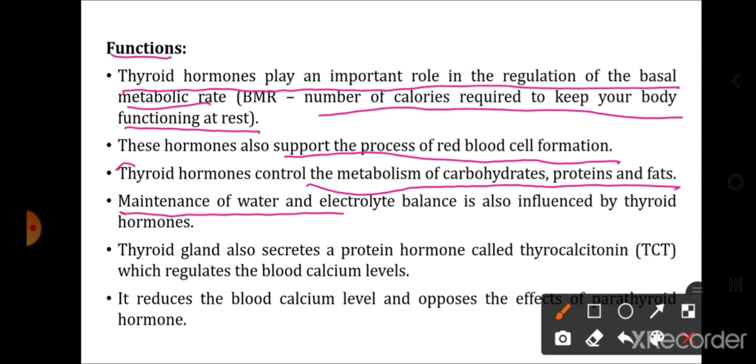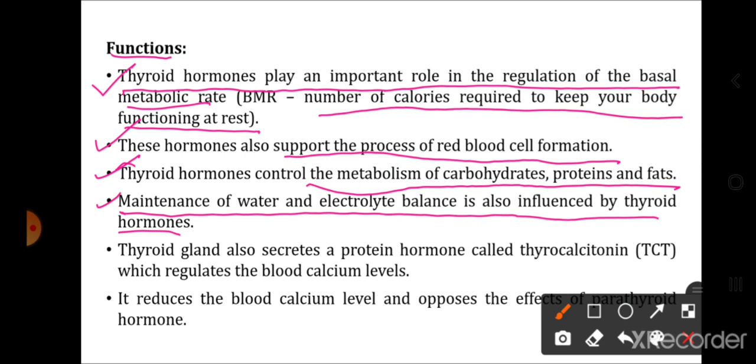Maintenance of water and electrolyte balance is also influenced by thyroid hormone. So water and electrolyte balance, that is osmoregulation. So osmoregulation is also one of the important functions carried out by thyroid hormones. So these first 4 points, maintenance of BMR, red blood cell formation, metabolism of carbohydrates, proteins and fat, and osmoregulation, these are all the functions of the